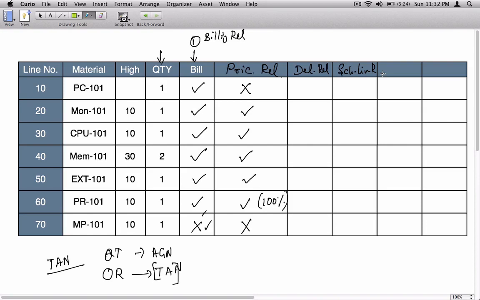The same material PC 101 could be schedule line relevant in an order and schedule line relevant in a quotation, but in an order PC is delivery relevant, whereas in a quotation this is not delivery relevant. A very subtle change. An item can be made delivery relevant or not at the item category level, similar to